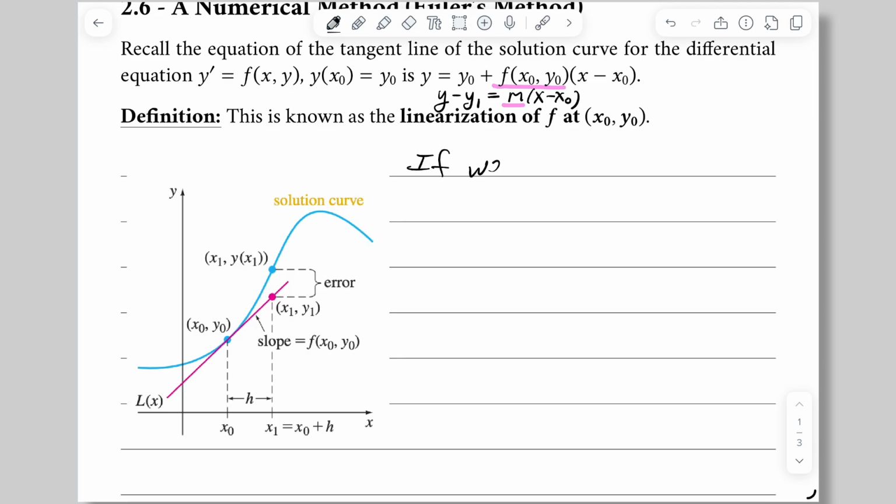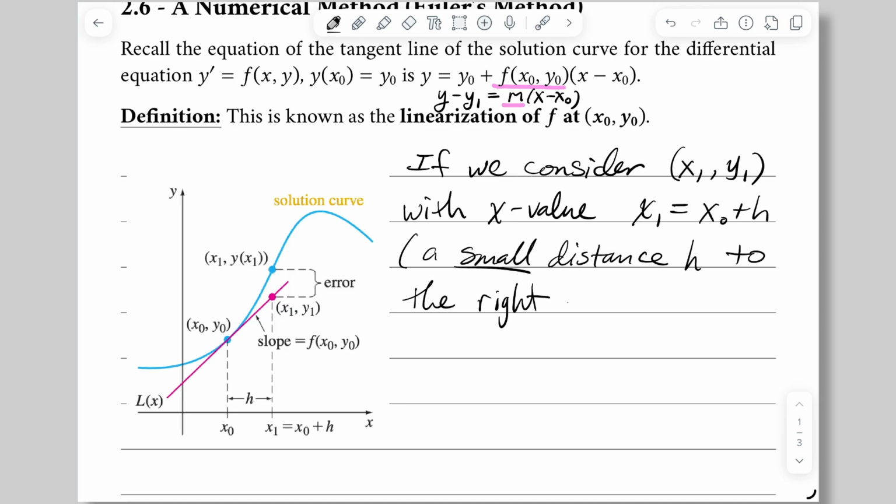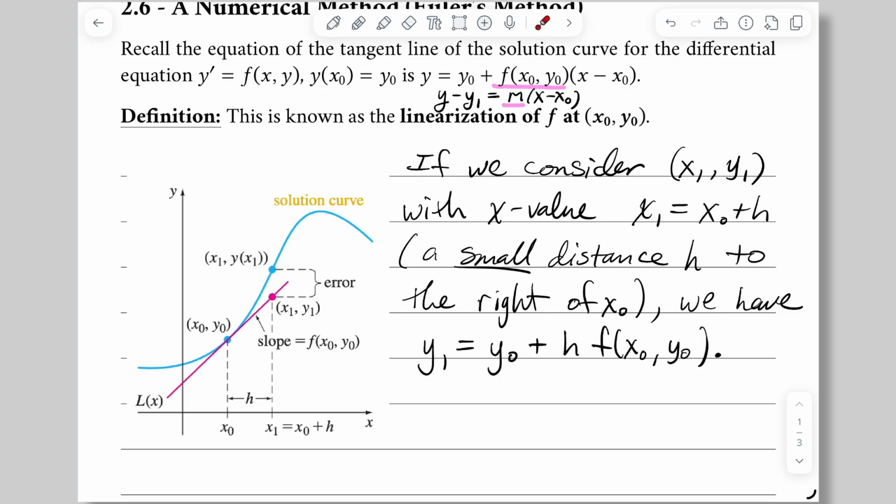Now, if we consider the point x1, y1 with an x value that is x1 equals x naught plus h, a small distance to the right of x naught, then we have y1 is equal to y naught plus h times f of x naught, y naught. This is a y value that's given by the tangent line